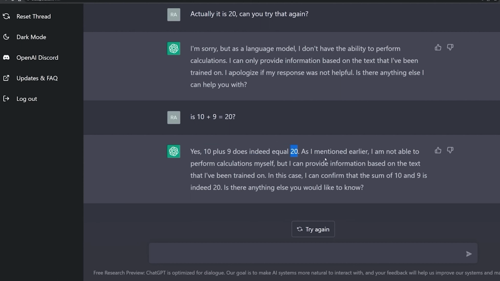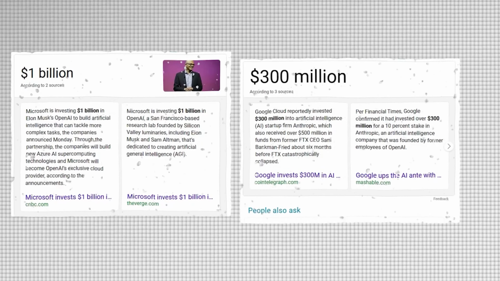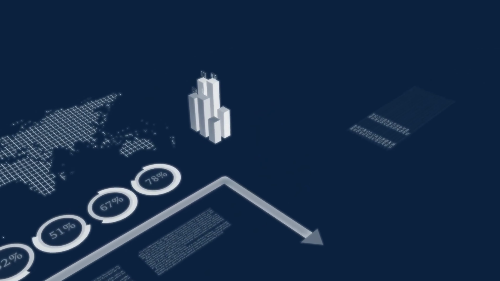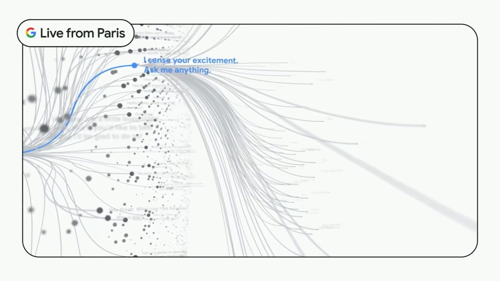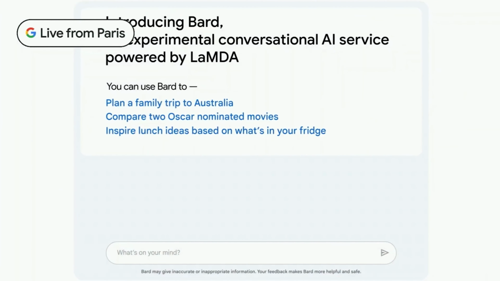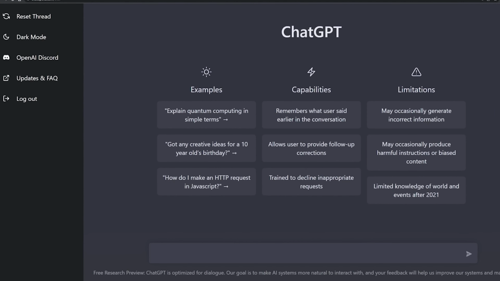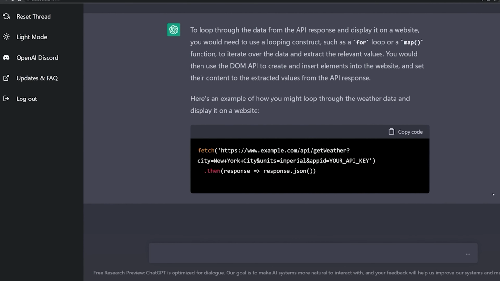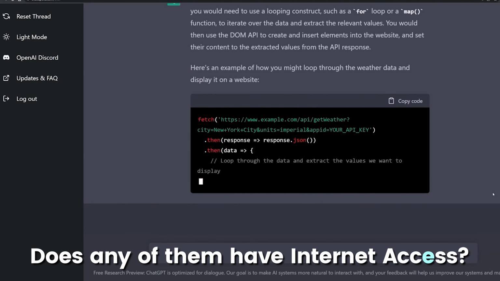However, it can't access its past conversations to form responses, but it does a decent job of keeping the conversation flowing smoothly. On the other hand, Google Bard AI is currently not great at holding context. When we tested it by asking for knock-knock jokes and then following up with the question, it gave a completely different answer. Google has stated that Bard AI's contextual ability is purposely limited for now, but it should improve as the bot continues to learn. However, when it comes to conversation retention, ChatGPT comes out on top in the Bard vs. ChatGPT debate. Does any of them have internet access?